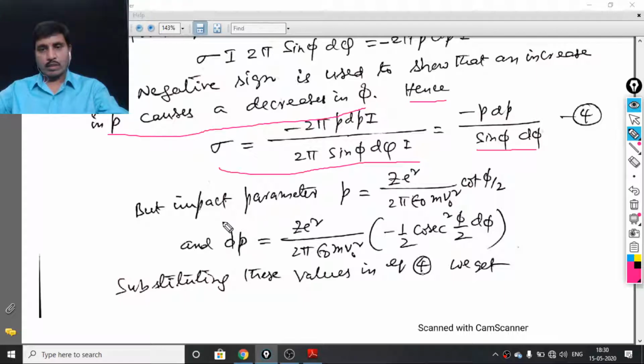We know the relation between impact parameter p and scattering angle phi: p is equal to z square by 2 pi epsilon 0 mv0 square into cot phi by 2. On substituting the value of impact parameter p in equation 4, and also substituting the value of dp in equation 4, we get